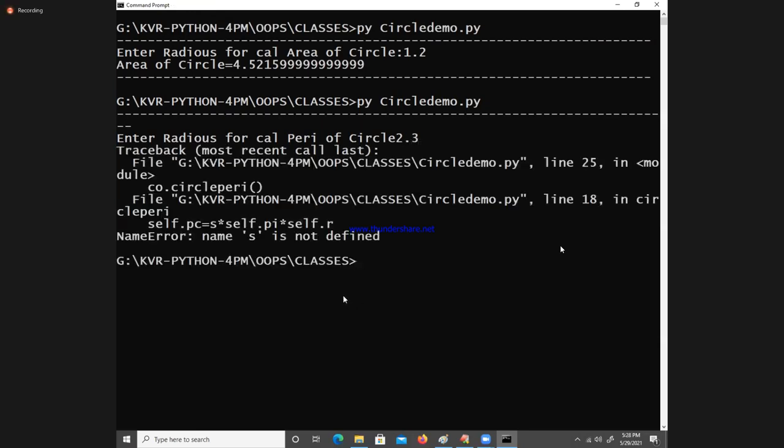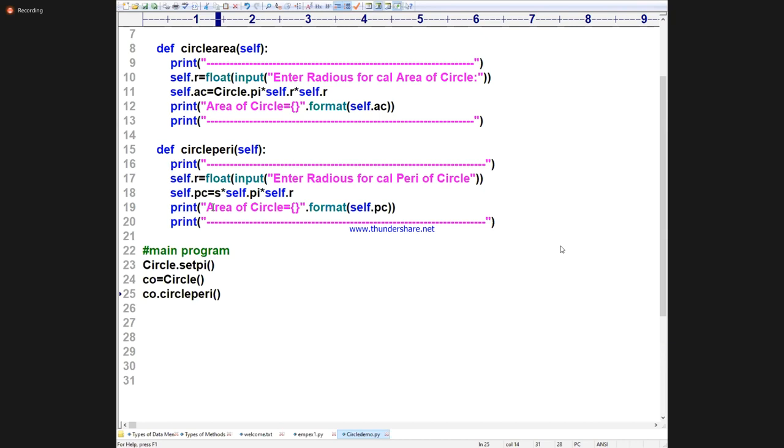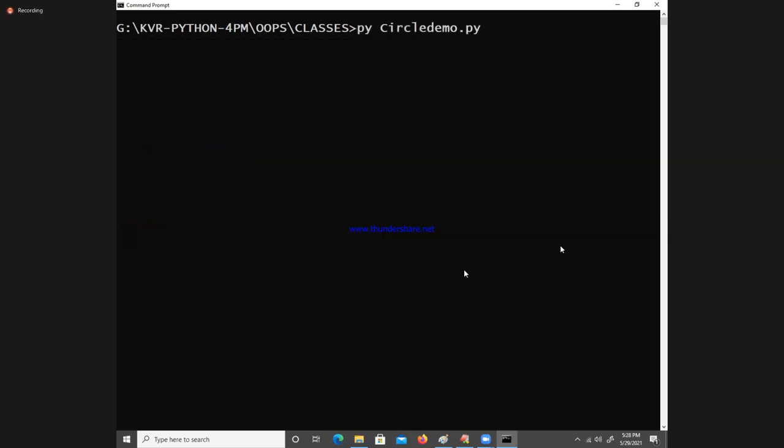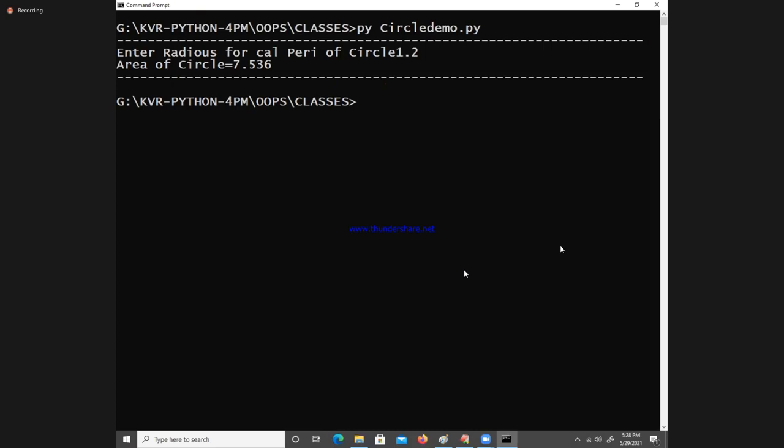What happens? S is not defined. What is that? It is a 2 pi r. It is called 2 pi r. Okay, the formula is corrected also. So I'm saying 1.2, I got the answer.